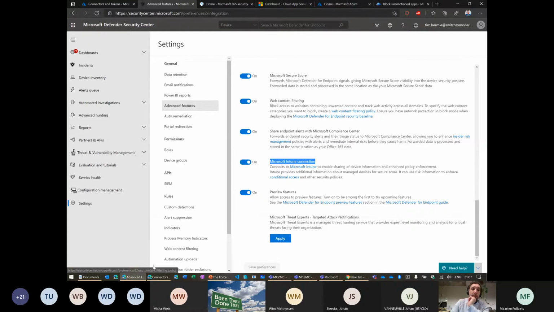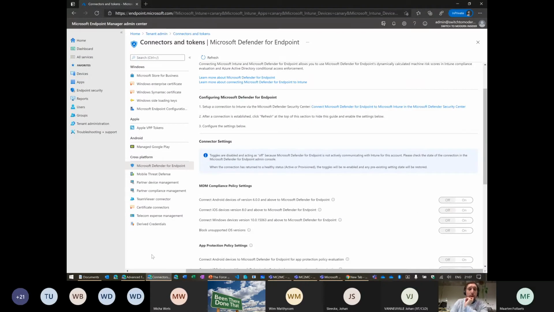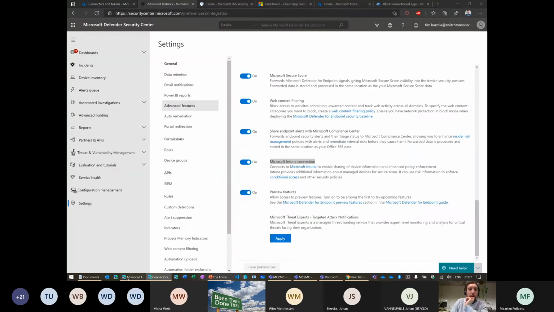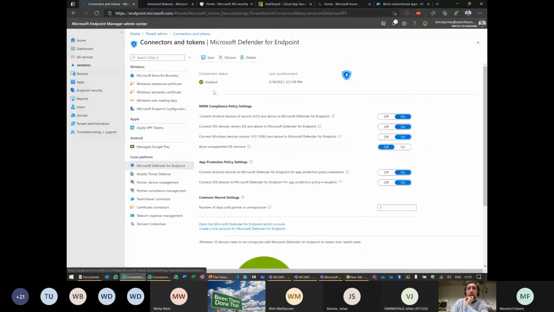Once we have done that, this view will come like this. The connection will be enabled. And how can we enroll our devices in Endpoint now? And it's really easy. We just say what we want to enroll, our Windows devices. We want to enroll them, and they're going to be enrolled in Endpoint Manager. Will there be any data in there yet? No, because we're going to have to create a configuration profile also. So don't forget that.